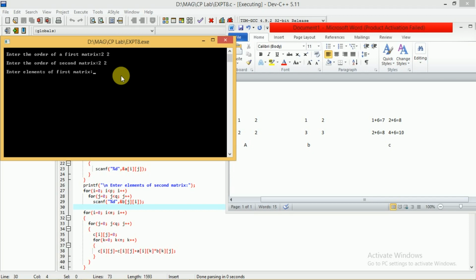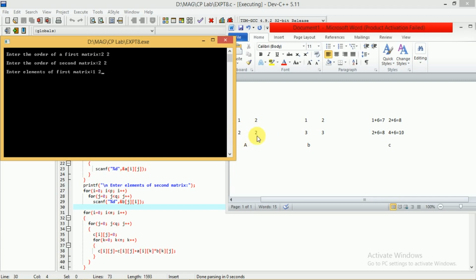Here it will check whether the matrix multiplication is possible. If it is not possible, it will display the message that matrix multiplication is not possible. If it is possible, only then it will display the message to enter the elements of the first matrix. You have to enter the elements row by row. In the first row we have the elements 1, 2, and in the second row we have 2, 3.